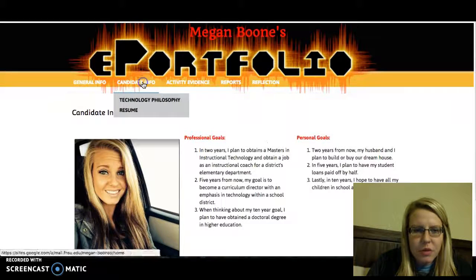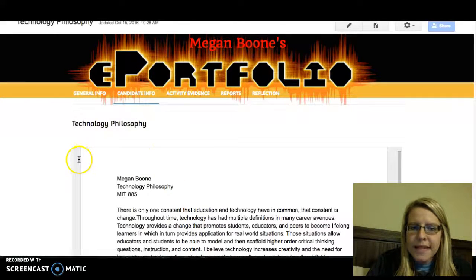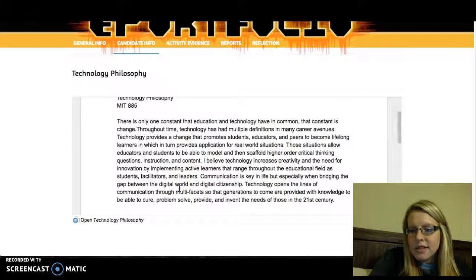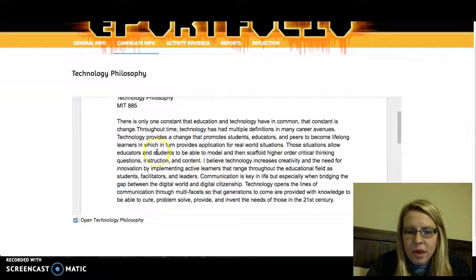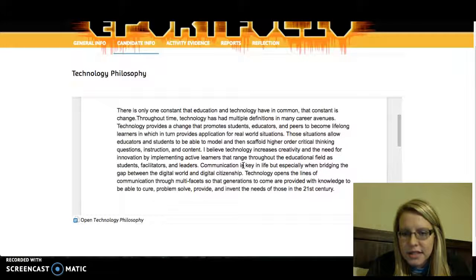Throughout this program, I have worked with basically my technology philosophy. And so I believe that there's only one constant in life, education, and technology, and that's change. And so with that, throughout time, there seems to be this need for application for real world situations. And so with that, my technology philosophy is that we need to increase creativity and activity to motivate students,